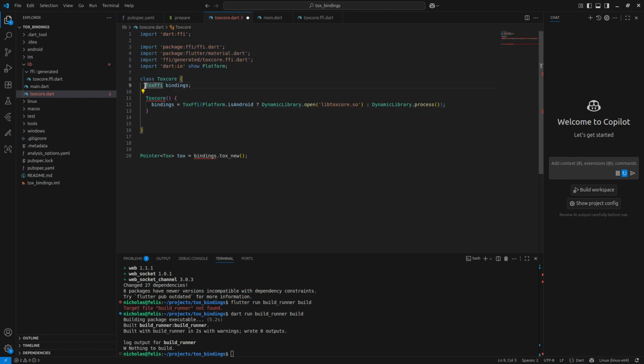Wait. Perfect. Okay, so now in the constructor itself,